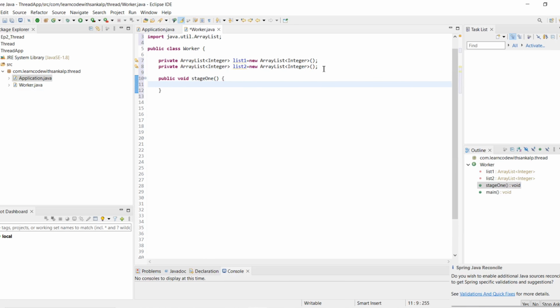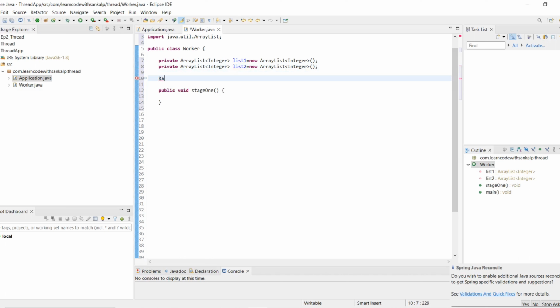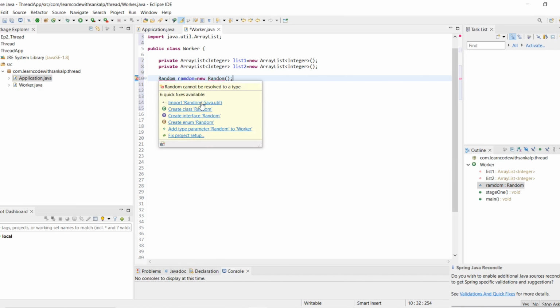Inside the stage1 method, firstly we are creating a Random class, importing Random from the java.util package.